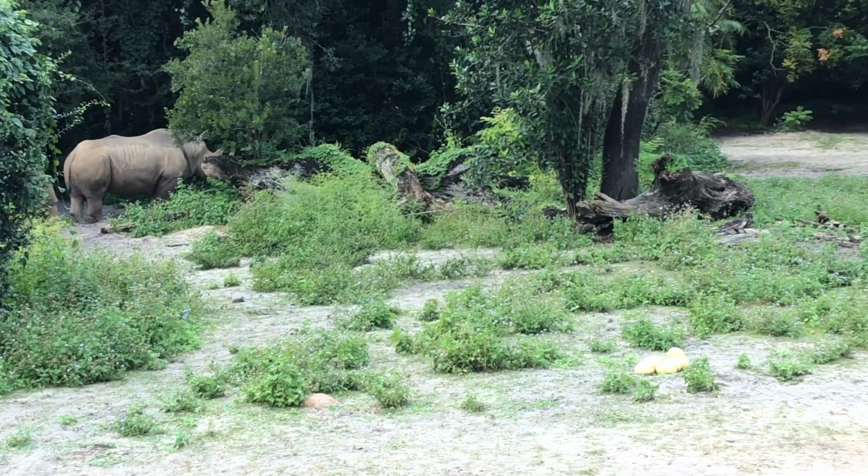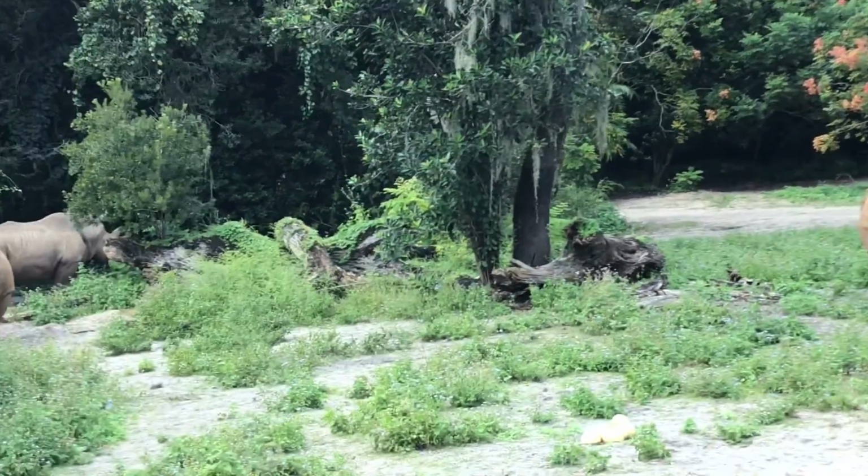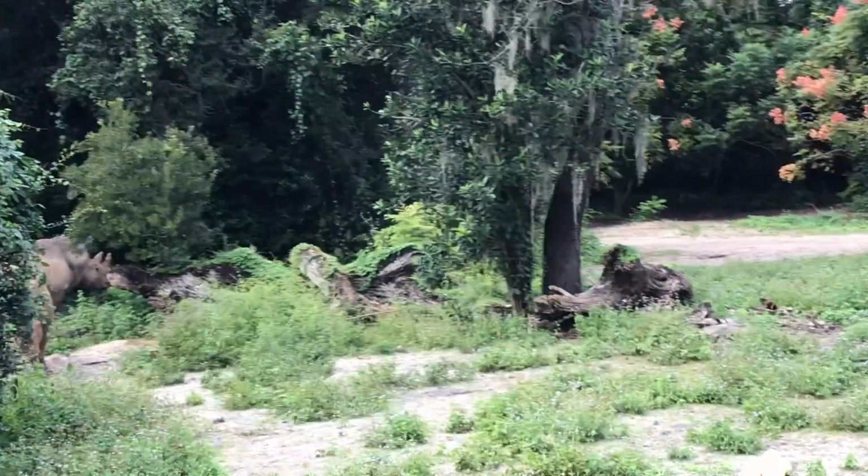Their very sensitive skin from getting sunburnt. They have some of the best vision in the world. They have very small eyes for